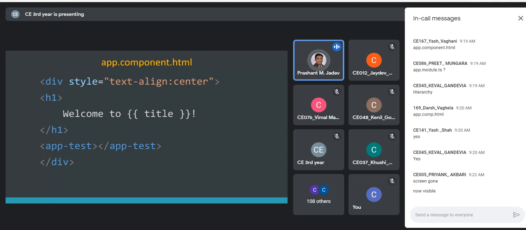So now modify this app component HTML file. If in your code you are referring to the inline template, then you have to make the change in the inline template. Is it clear where to make the change? If in your component you are referring to the external HTML, then you have to modify the external HTML.